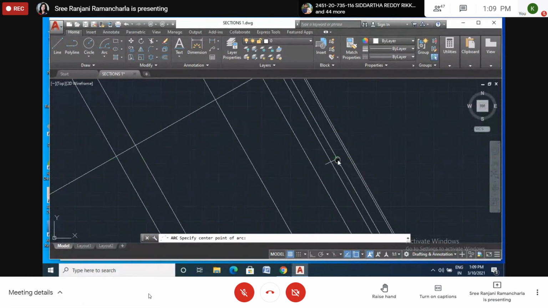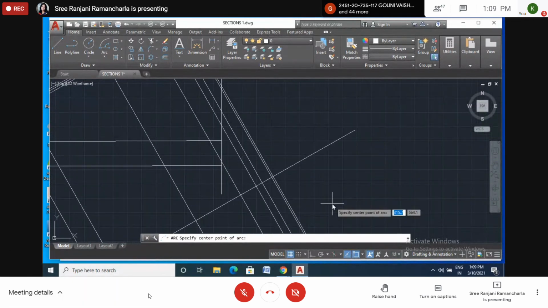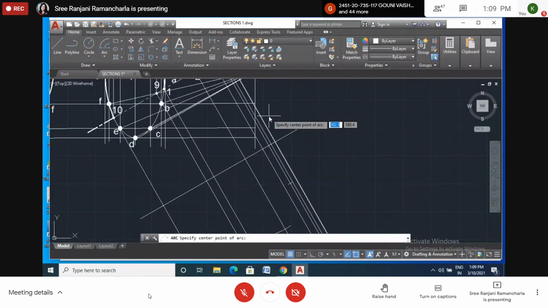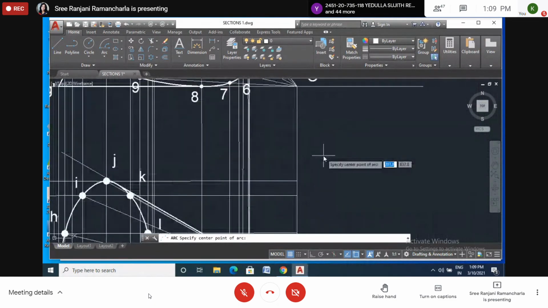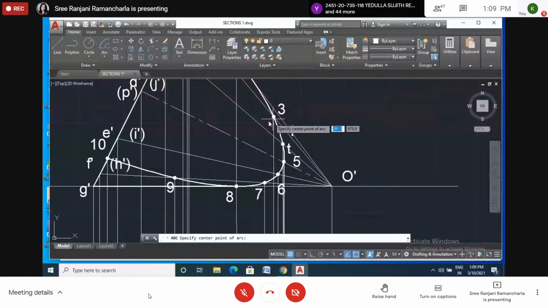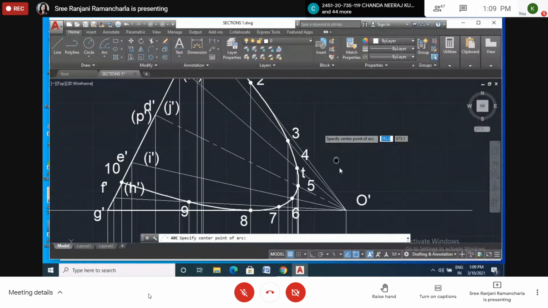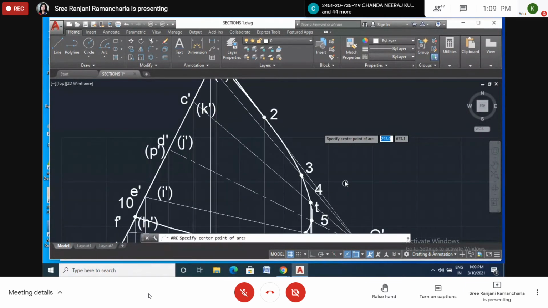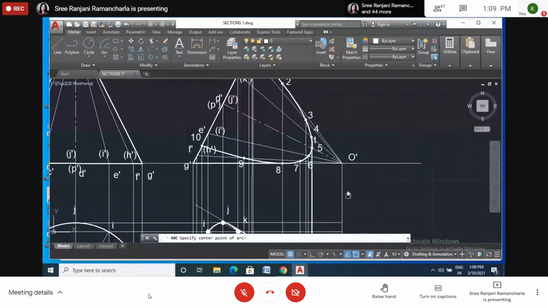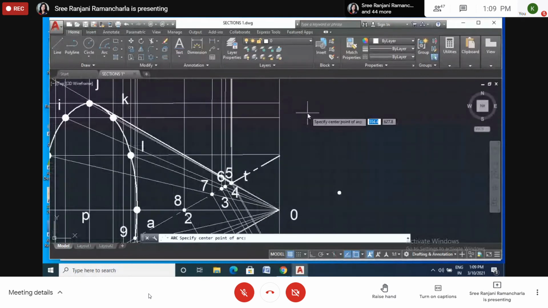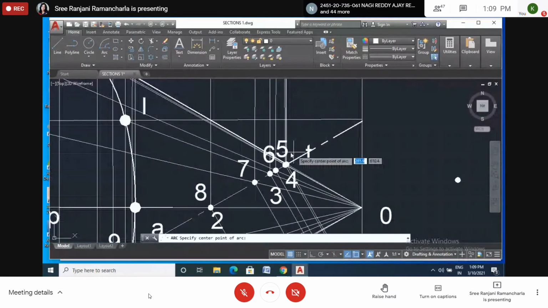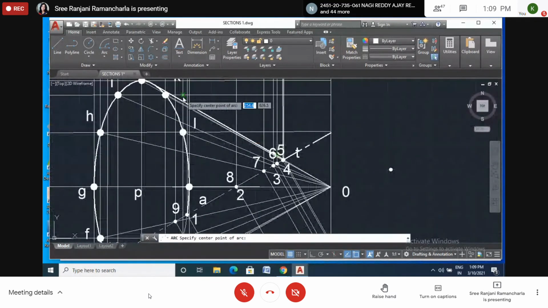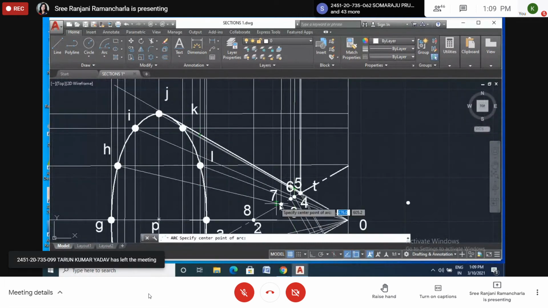This is the point. 11.9 is this one. 4 is on which point? Please tell me on which line? KO, ma'am. Not LO, it's KO, I think. Point 4. Yes, ma'am. KO, ma'am.